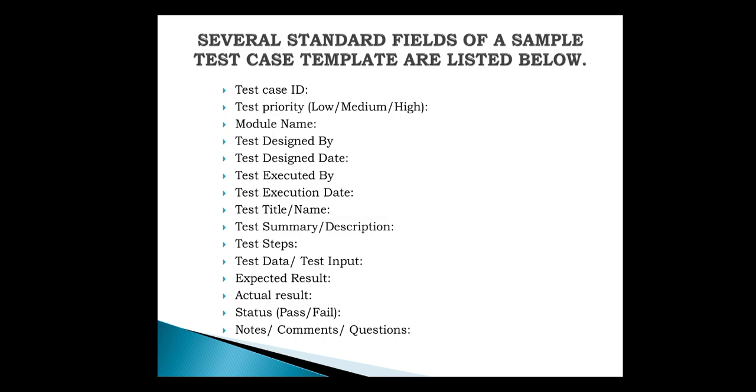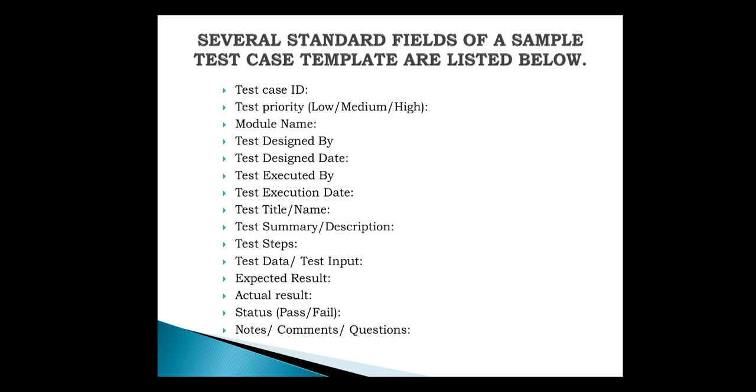So there is one field missing right here, that is post condition. You need to write the post condition: what the system behavior is and what the state of that particular system is after the execution. It is a must to mention it, in the field of post condition. This covers the several fields of test cases.